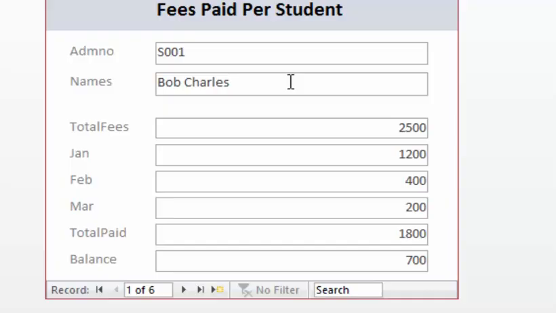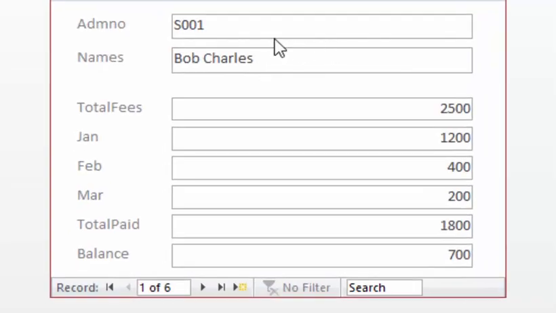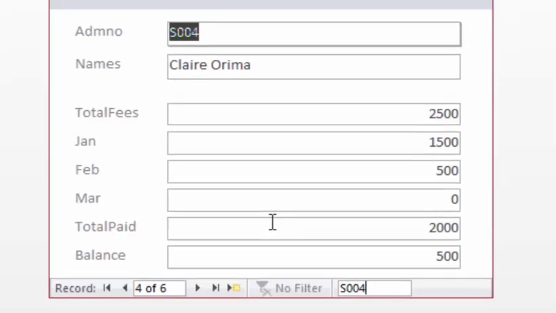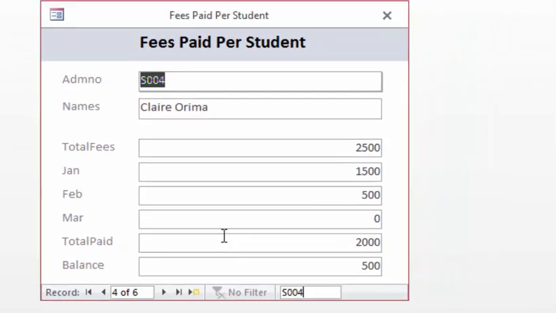So this is how simple it is. Anytime a student comes, you will ask what is your admission number, then maybe S004. Immediately you search here, it updates automatically here, and the information is populated. You can see this student has a balance. That is how simple it is to calculate data in MS Access table and show the information of the calculation